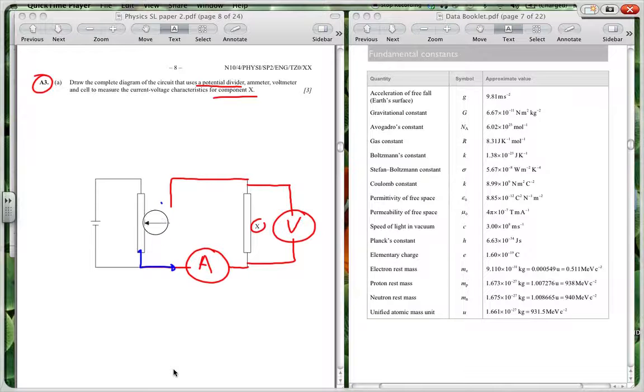Let's just say, for instance, you have the situation where your arrow is over here like that. Now just imagine your electrons are coming through here. They are going to divide at this point. They're either going to go in this direction or in this direction. Because you're right over here, there is no resistance there, so no current is actually going to go through this part over here because this has got much more resistance. So you're going to get comparatively low current, or just about zero current, going through your ammeter and